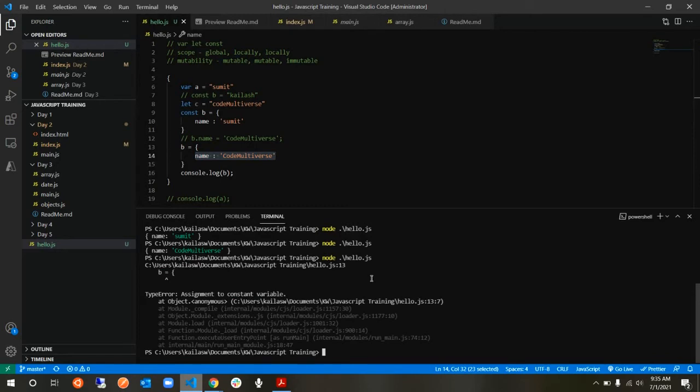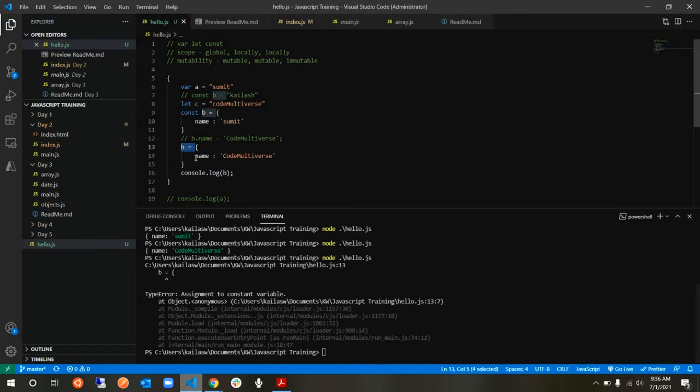I'm getting an error. Because the constant is immutable at the object level, not at the object property level. So what I mean by that is you can assign or change the values within the object, because these things are stored in a different memory location, so you can directly change it. It is absolutely fine. But this whole thing is an object, and you have assigned it to variable b. And what are you doing? You're trying to assign that to b. You're not trying to assign it to b.name. You're trying to assign it to b. So that's when you still get an error.